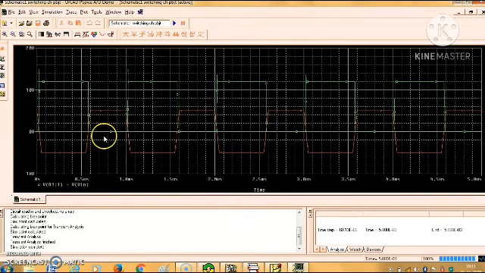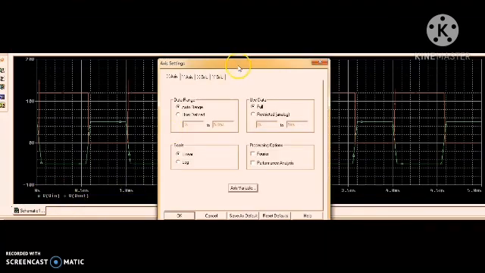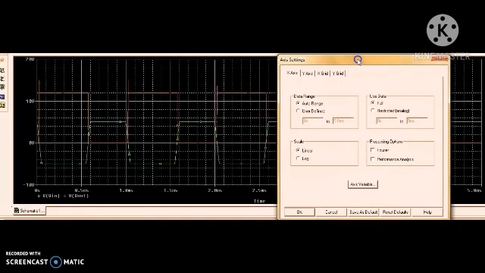Here you can clearly see the input and output voltage waveforms. If you want to see this waveform more clearly, click the x-axis. You can fix the range by clicking the button that is user defined.